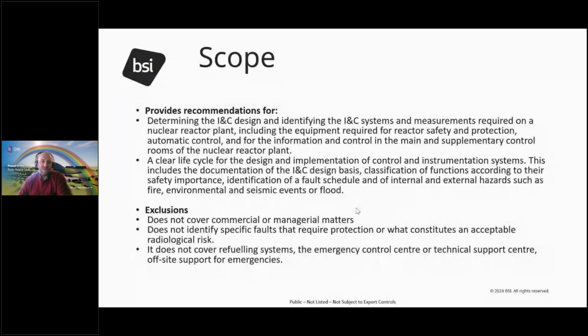Okay, so what does it include and what doesn't it include? It includes all the I&C design systems and measurements required for the nuclear reactor plant. It includes specifically those systems that are required for safety and protection, but it also includes automation and discussions around what is needed for the main control area. So it includes HMI requirements as well. It incorporates, or tries to explain within the UK reference, the life cycle that is expected through design and implementation of those systems,